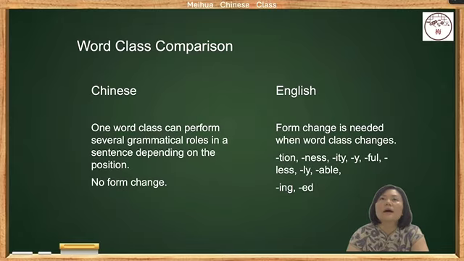Similarly, we can put an adjective at the beginning of a sentence in the position of the subject. That is also valid. That is saying that adjectives can function as the subject or even can function as the object without any form